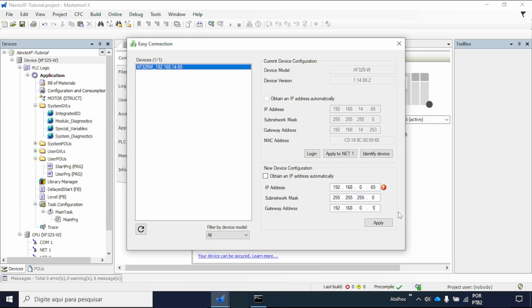Just as you can change the PLC's IP address through EasyConnection, you can also modify the gateway configuration in the same way. In fact, any of the methods I've shown in the previous videos for changing the controller's IP address can also be used to update the gateway settings. Once the gateway is configured correctly, the PLC will be able to communicate with devices located outside its local network, such as routers, time servers, and other network resources.